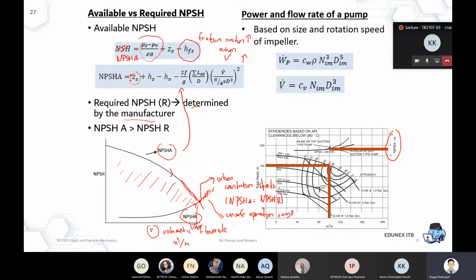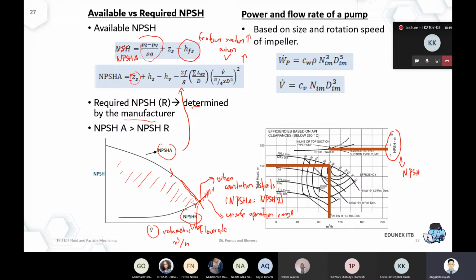We just extracted the information last time from the primary axis to get the head generated by the pump and to get the efficiency of the pump. But we haven't talked about the secondary axis, which is actually the NPSH required. So that's why it's mentioned that the NPSH required would be stated by the vendor, by the supplier, because they are the only ones that know the internals of the pumps.